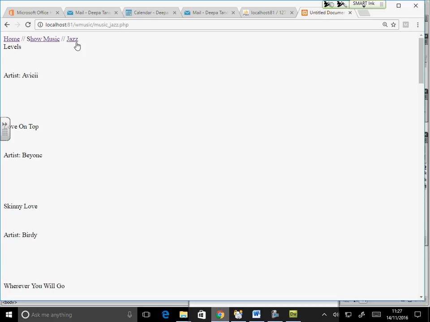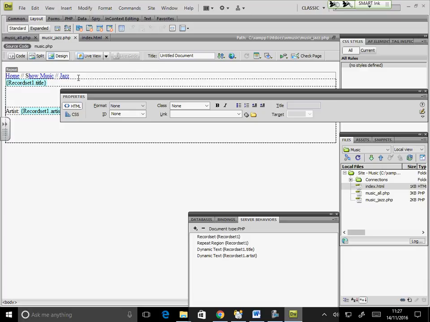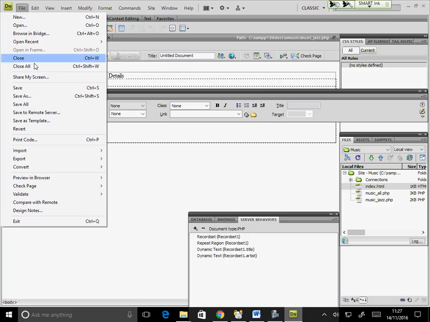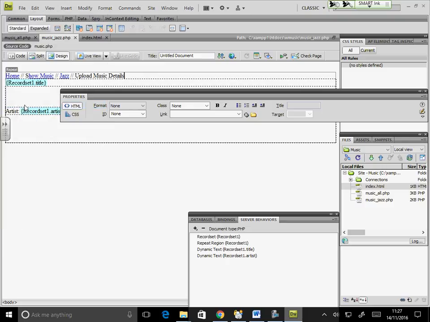This is only now. I could go and say I want to add another music. So upload music details. Is that right? Now if I have this, then I have to make one more page, which is now when I say upload music details, that means I'm trying to insert. Is that right? So that would be your form. That can't be a record set. That would be a data entry form. Is that okay?